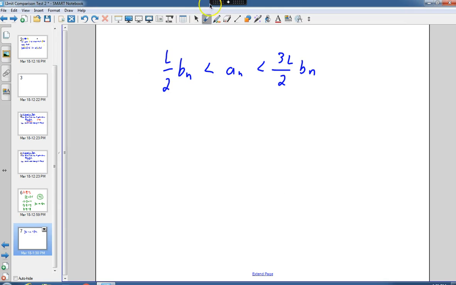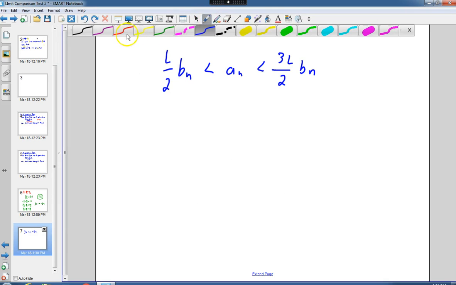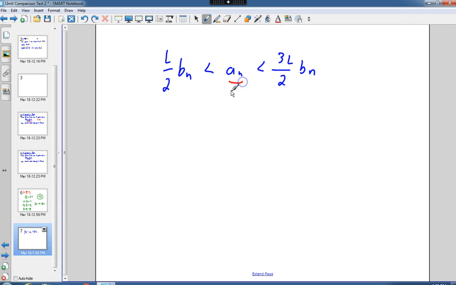And now I'm going to apply the comparison test to help show that the limit comparison test actually works. And the focus is going to be on a sub n sort of being our twin series in this case. It doesn't technically matter which way we set up our ratio when we evaluate the limit comparison test, but for this here, we're going to say we're comparing to a sub n. So, if we know that a sub n, our twin series, converges,